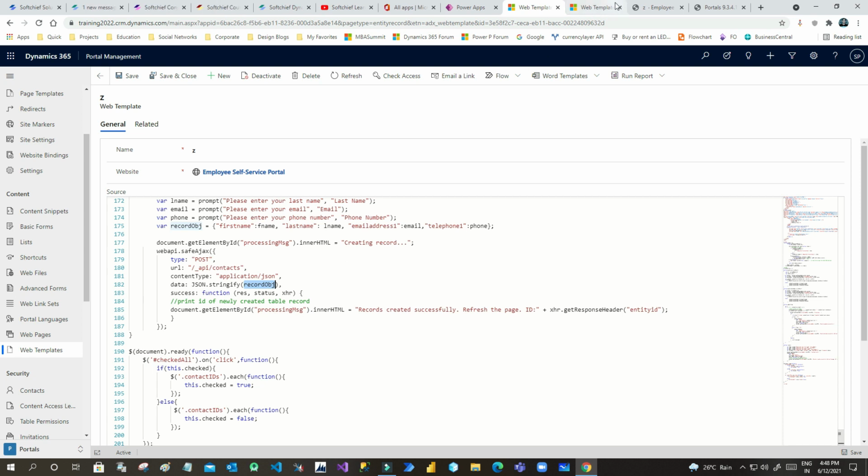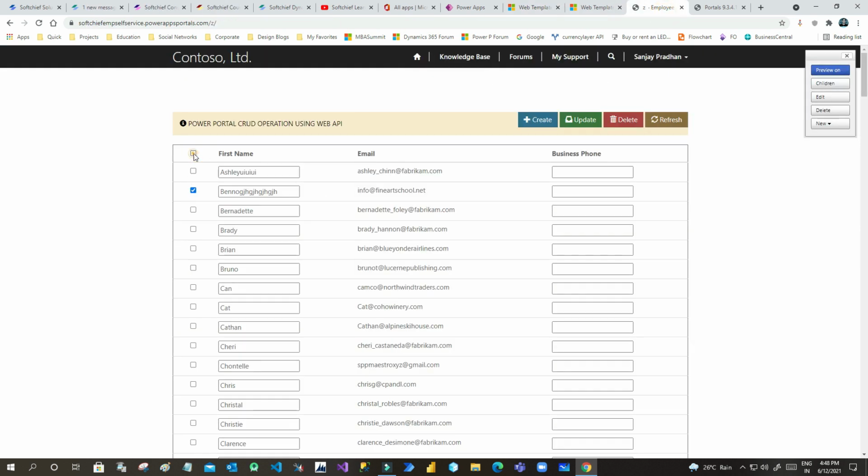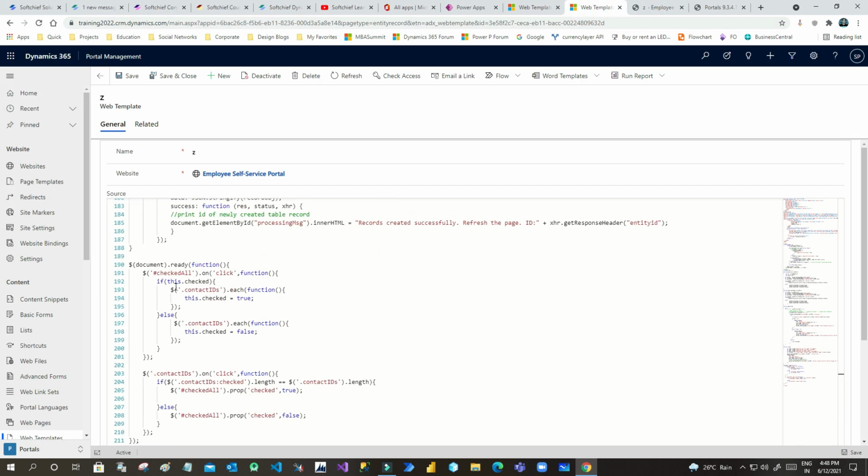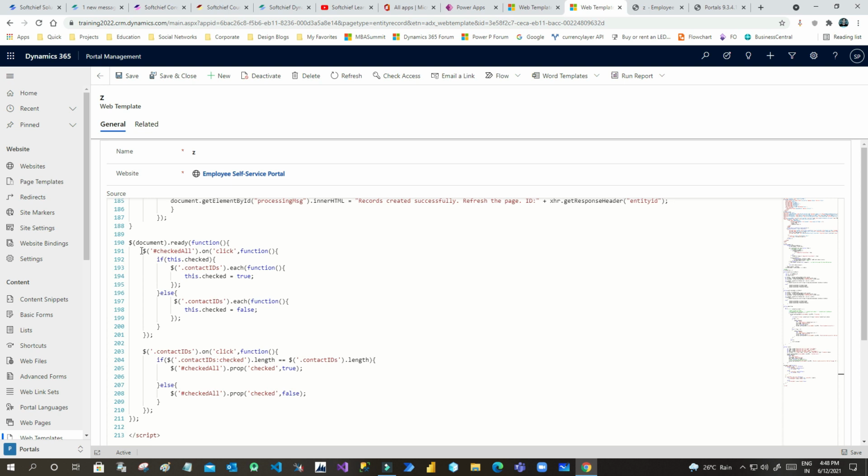Now for the check and uncheck functionality, I have used this first one. When this global checkbox is checked, all checkboxes whose class is contact IDs will be checked true, otherwise false.